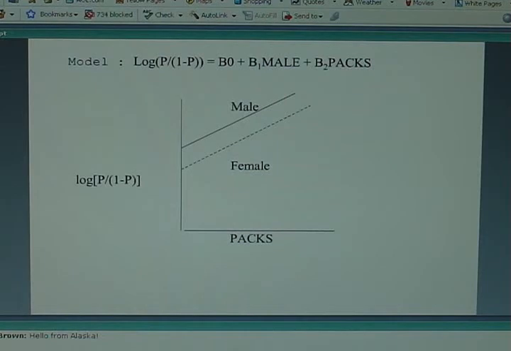So this model is making a different assumption. It assumes that your conditional log odds of disease increases with the amount of smoking. It increases the same amount as you move from a non-smoker to a 1-pack-a-day smoker, or a 1-pack-a-day smoker to a 2-pack-a-day smoker, or 2 to 3. It assumes that every additional pack of cigarettes you smoke increases your log odds of getting disease by a value of B2. That's the slope. It's telling you how much your Y value changes when you increase your X value by 1 unit. That's what a slope represents. It's assuming that same slope holds for both males and females. So here we're making an assumption of linearity to describe the relationship between the continuous variable packs